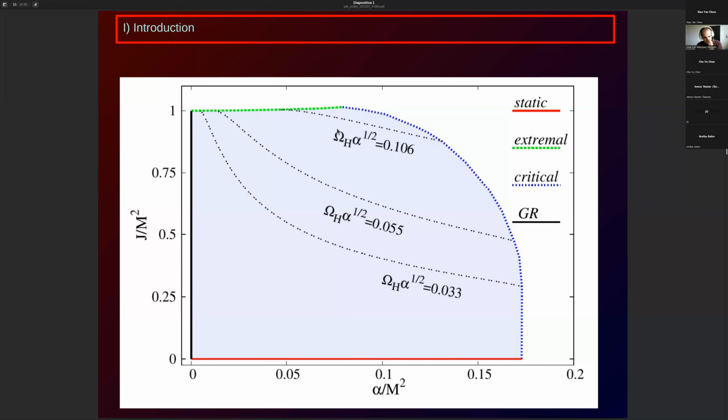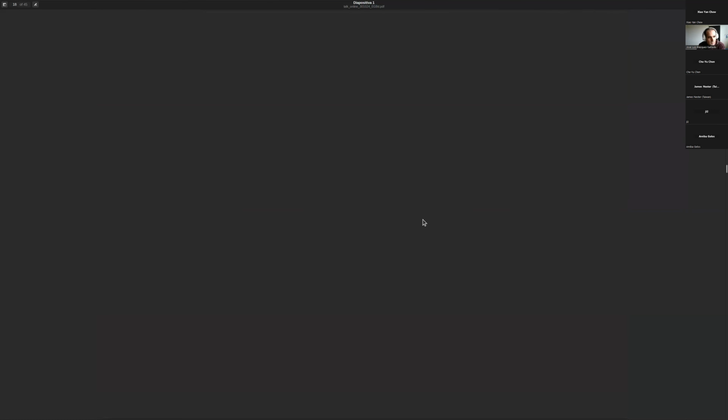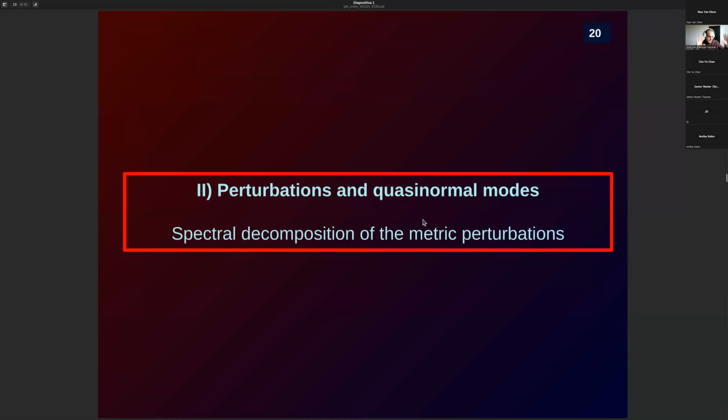Okay, I can show you also how it looks when you plot the area. Essentially the same idea. What I want to transmit here is that you have this bounded parameter space of the solutions, and then you have all these different sets delimiting the boundaries, right? The Kerr, the static Gauss-Bonnet, the extremal Gauss-Bonnet solutions, and the critical Gauss-Bonnet curve. Okay, so with that in mind, I hope this was a crash course on how the space of parameters looks in this theory. Richer, as you can see, than GR.